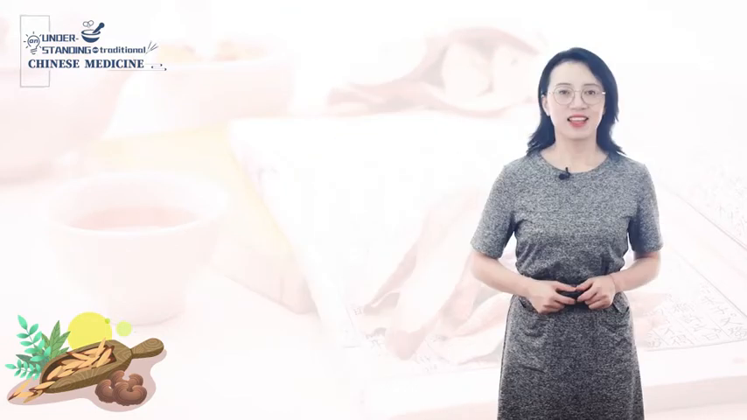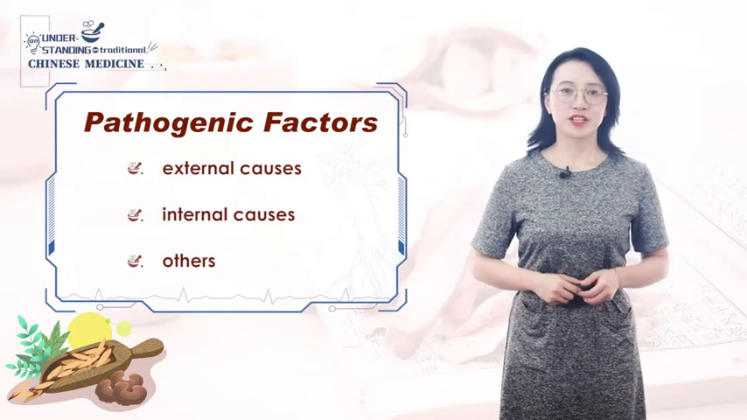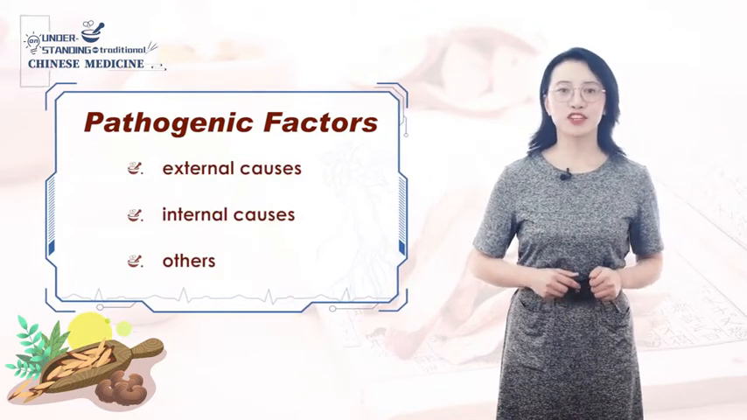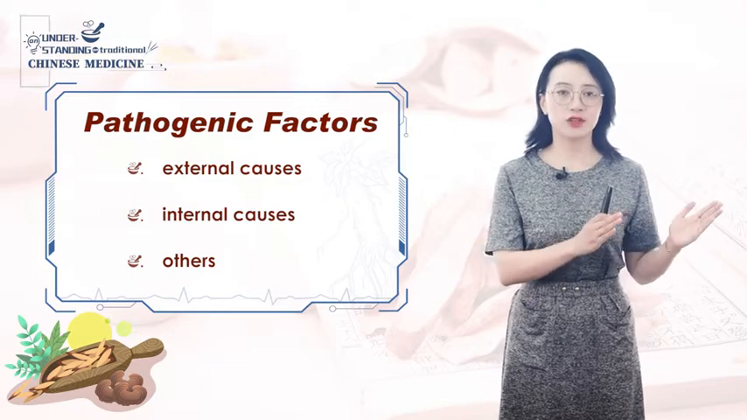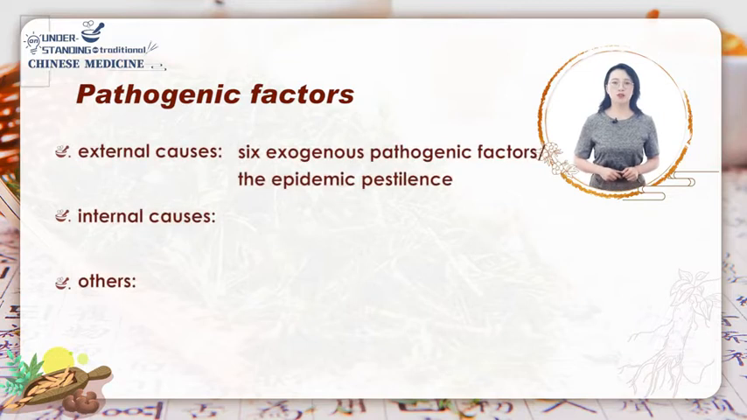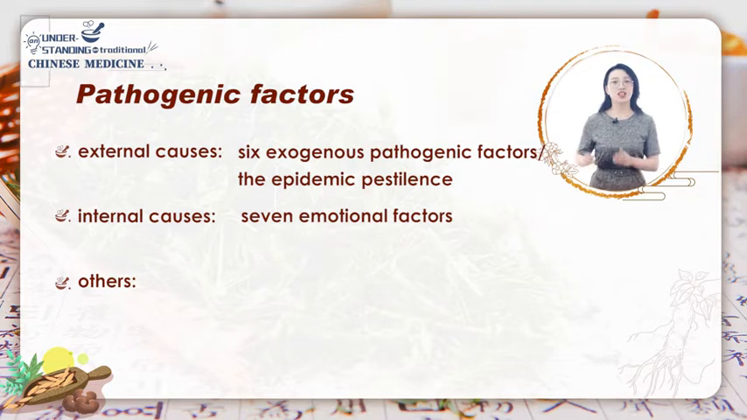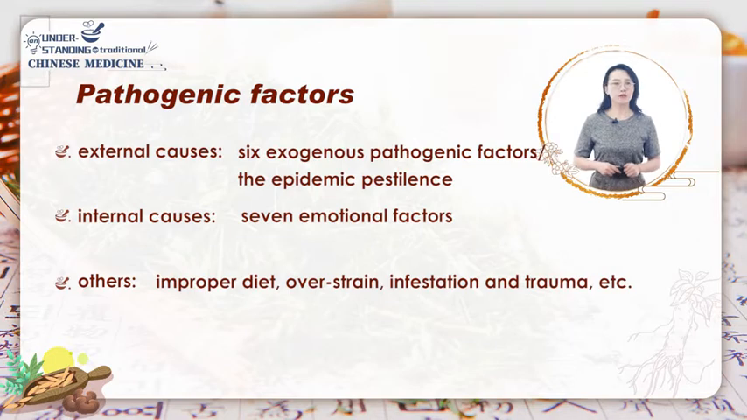Hello everyone. Today the chapter is about the pathogenic factor syndrome differentiation. As we learned from the basic series of TCM, pathogenic factors are usually divided into external, internal, and others. The external causes are the 6 exogenous pathogenic factors and also the epidemic pestilence. The 7 emotional factors are usually considered as internal causes, whilst others may also include improper diet, overstrain, infestation and